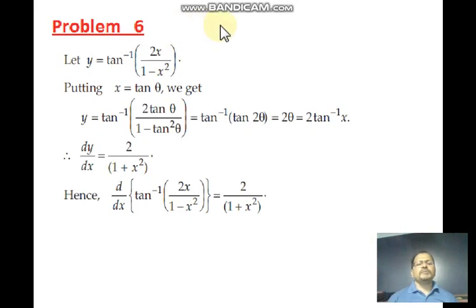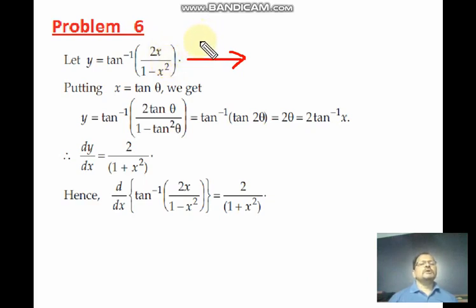In this sixth problem, I am going to apply a slightly different technique. y is equal to tan inverse of 2x upon 1 minus x square. In this problem, just try to think whether x is equal to sin theta, cos theta, tan theta or sec theta, etc. is applicable. If I put x is equal to sin theta, I get 2 sin theta upon 1 minus sin square theta. Is it a standard formula in trigonometry? If no, then